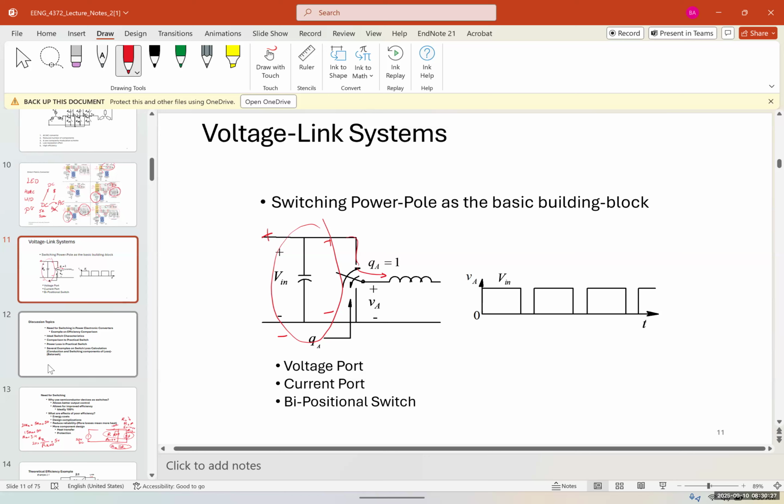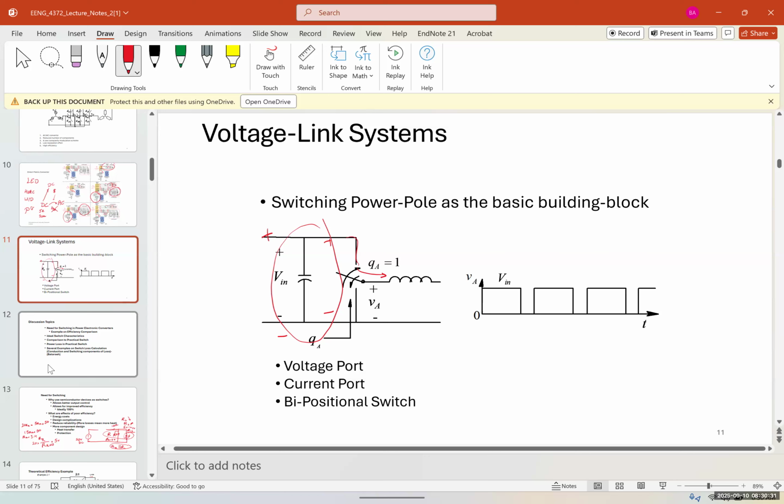Now that we learned about voltage link systems, we want to go through some examples of why we even use these voltage link systems and these switches, and what the benefits of using these switches are. So let's have a discussion on the need for switching in power electronics